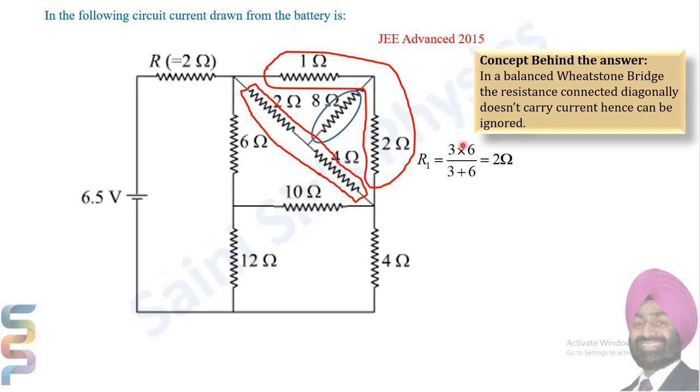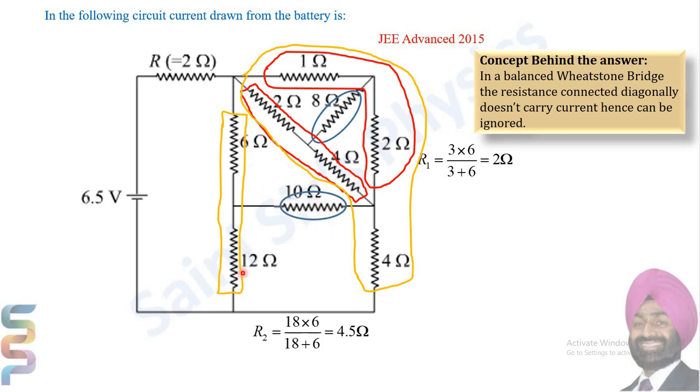For parallel you have R1 into R2 over R1 plus R2. So this part has a resistance equal to 2 ohm. Now from this point to this point, another two junctions, one part carrying resistances of 6 and 12 ohm, ratio 1 is to 2, and as you move via this path, the ratio is 2 is to 4 in total. So these yellow parts, this one and this one, both directions have the same ratio of resistances, hence this resistance, due to the balanced Wheatstone bridge, doesn't carry any current, so can be neglected.